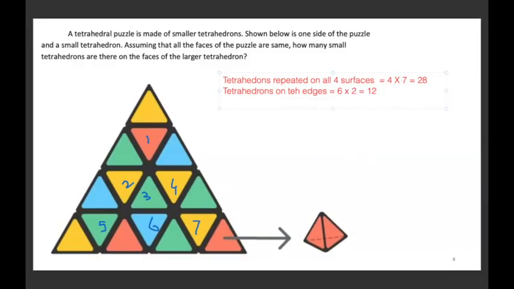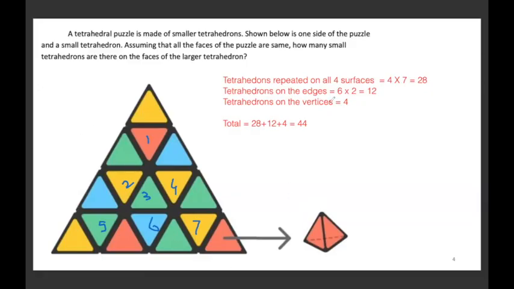And besides that, we'll also count what we have not counted, the tetrahedrons on the vertices. There are 4 vertices, so 4 tetrahedrons. So the total will be 28 plus 12 plus 4, which is equal to 44 tetrahedrons in this